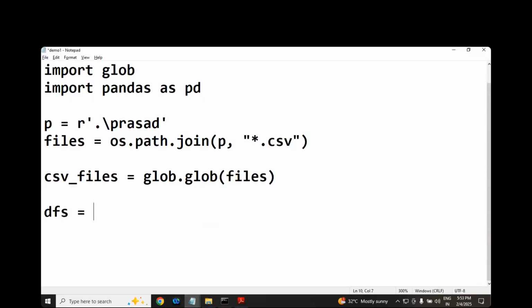DFs. DF means data frames. Total 12 DFs, actually. Do one thing: P1 and P2. Any idea what this syntax is? ఈ syntax ఏమంటుందో తెలుసా? List comprehension, right? List comprehension always starts from